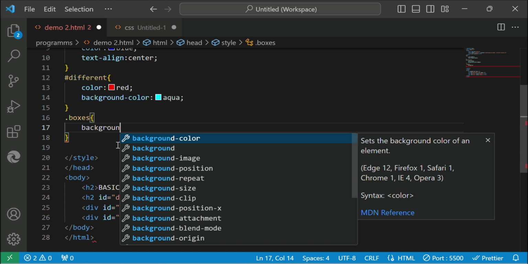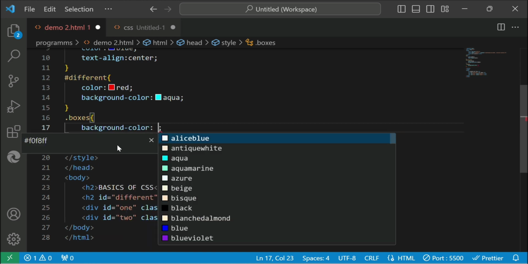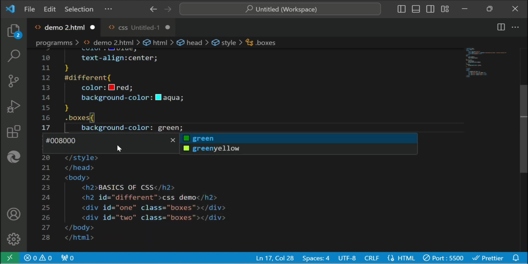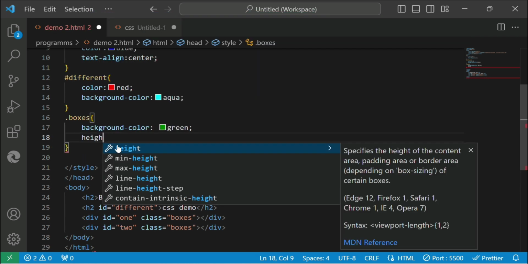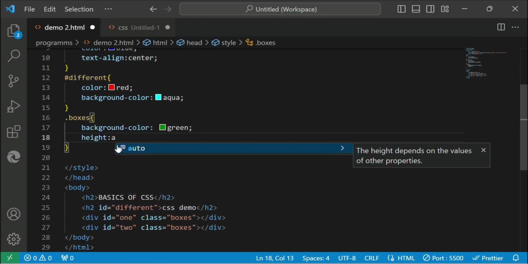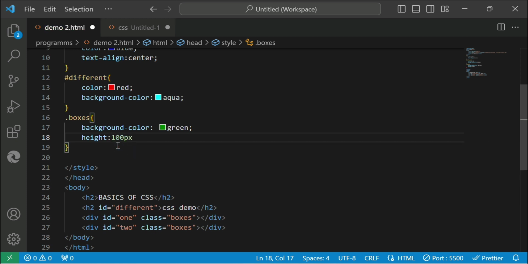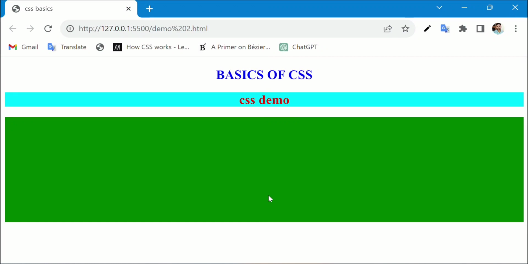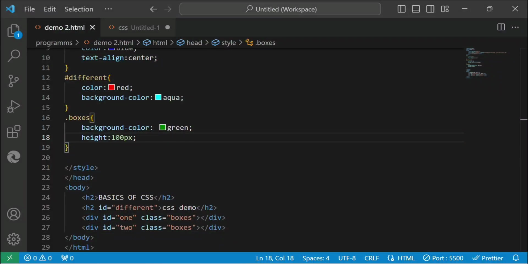So I'm going to use the background color. So these are div elements. So in HTML, each element is placed vertically. So we will have two div elements. I'm using the height property. So 100 px,